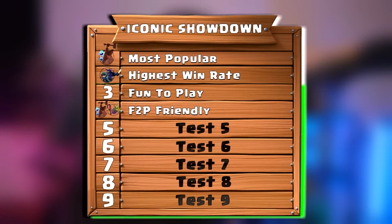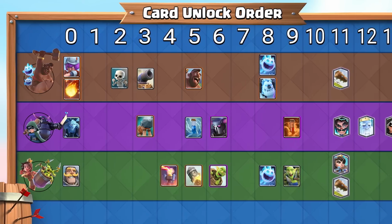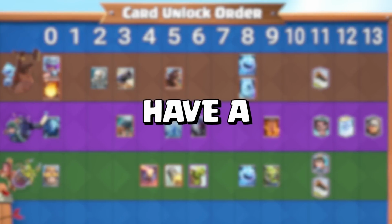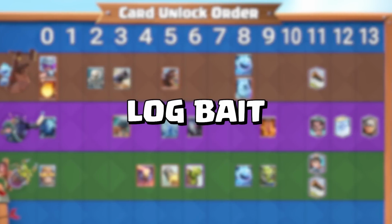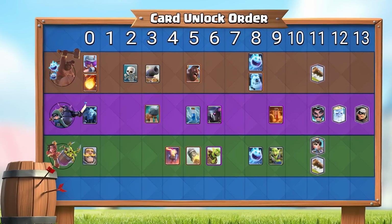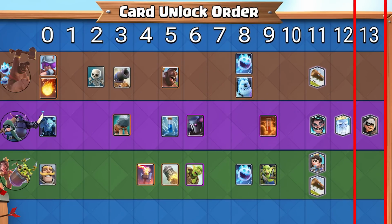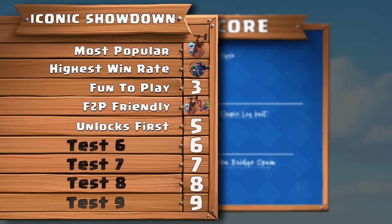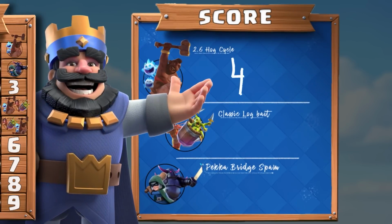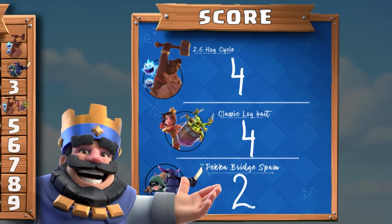Moving on to challenge number 5. Which of these decks is fully available first to a new player? Taking a look at the newly changed ladder unlock order, it appears we once again have a tie between Hog Cycle and Log Bait because both of these decks fully unlock by Arena 11. And unfortunately, Pekka Bridge Spam doesn't unlock all the way until Arena 13. So 1 more point each for Log Bait and Hog Cycle, and that gives us a total so far of 4 points for Hog Rider, 4 points for Log Bait, 2 points for Pekka, which means it is now time